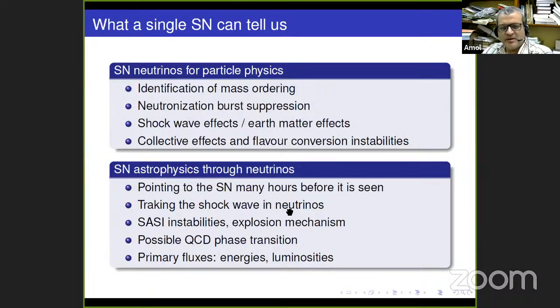And if we understand all of these things and figure out what is the ordering of neutrinos and whether the shock wave propagated or not, whether the earth effects are there or not, we can trace backwards and figure out what are the primary fluxes of neutrinos, the initial levels they actually started from, what are the energies, what are the luminosities. So whatever I showed in my first two slides today, the predictions from computer simulations, we could confirm them,